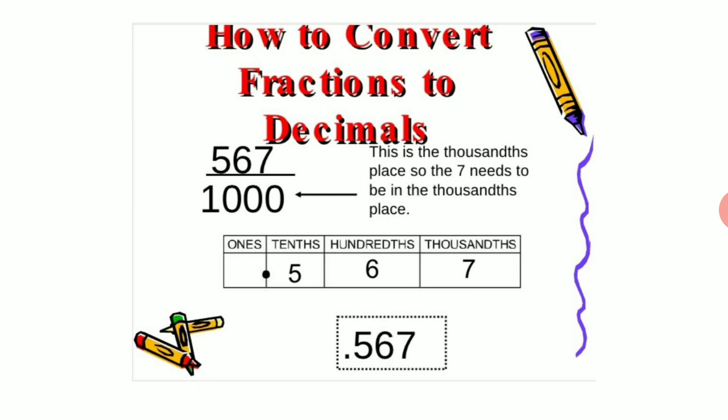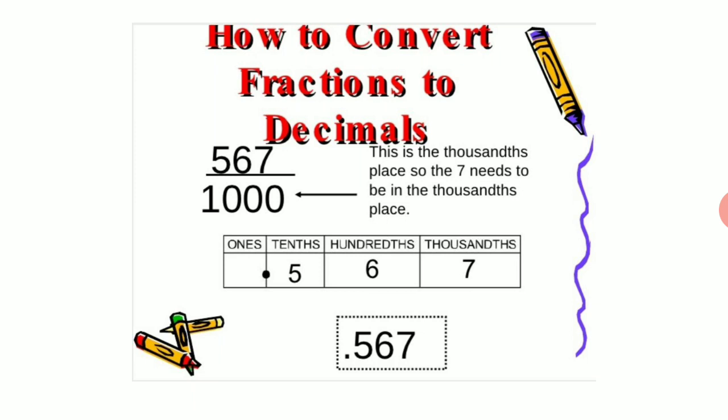If you go by the long division method also, children, your divisor, the denominator, is a 4-digit number, and the dividend 567 is a 3-digit number. So a 4-digit number cannot be divided by a 3-digit number. As a result, we will put a decimal point. When you put a decimal point, a 0 will come and attach near 567, and now it will become 5670. Then by dividing by 1000, it will go 5 times.